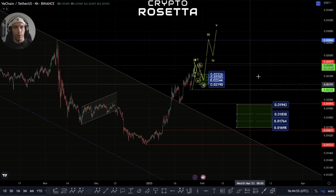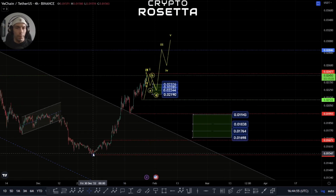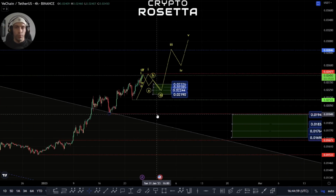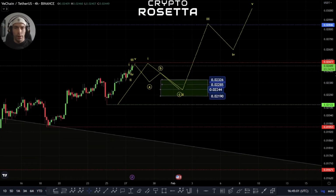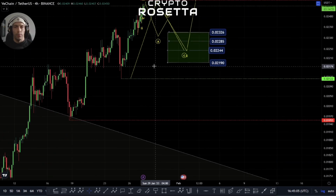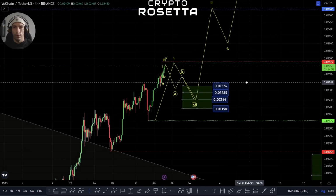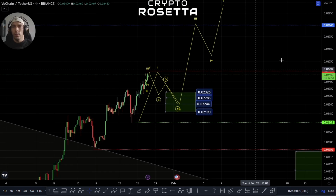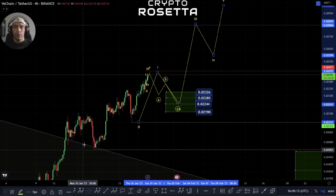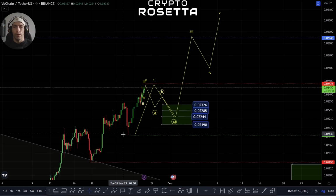We need a bit more time to confirm it, but basically I am still just looking at a single 5-wave move until it proves otherwise. Basically what we'd be looking for is a breakdown from this point. But if we should just push directly up here, the zone I'd be interested in is this 2486. If we hit this 2486, then we could look for additional upside here,